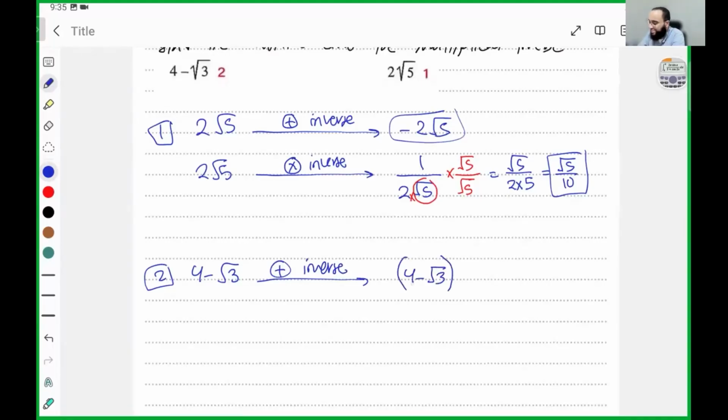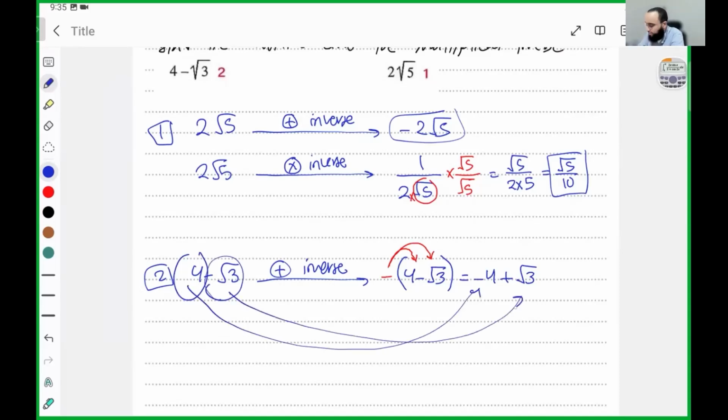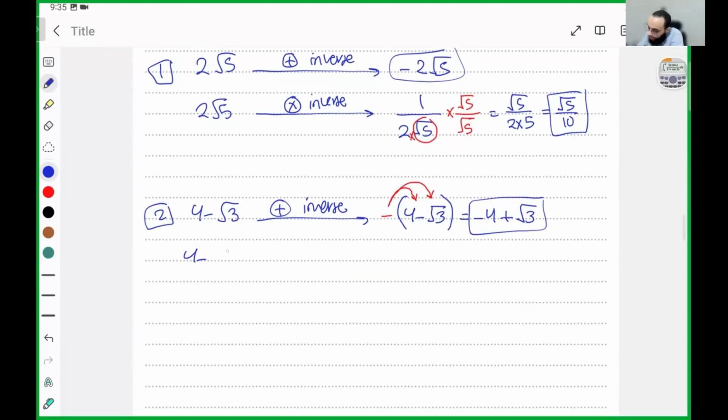Yes, excellent. And the additive inverse means to put a negative sign outside the bracket like that, and instead we can flip the sign of both numbers. Then it's going to be negative 4 positive with 3. This is positive, we have to write it negative. This is negative, we have to write it positive. Okay? If it is the multiplicative inverse, how can we do it? 1 over 4 minus